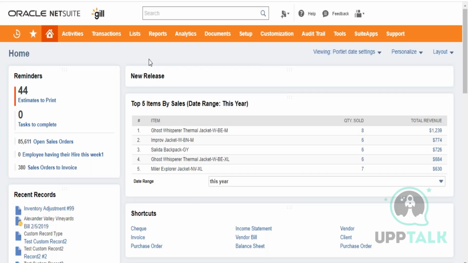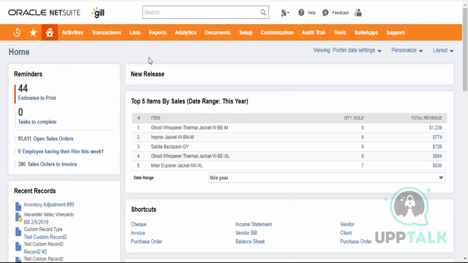Let's keep this session a mix of a demo as well as training. Just to start off, I would like to give you a brief background of what NetSuite is. You might already know about it, but I'll give a brief background, and then we'll start off. So NetSuite is a cloud-based ERP, a true cloud-based ERP in the real sense,